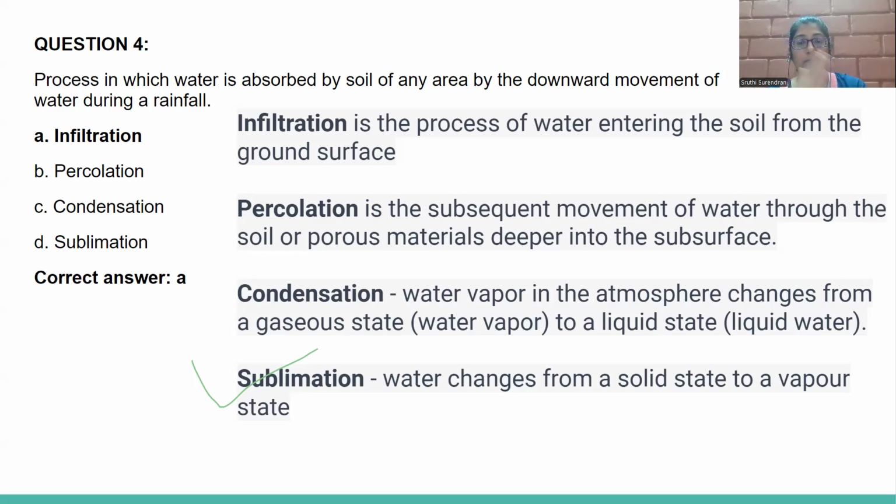Now, in condensation, the water is changing its phase from gaseous state to liquid state. Sublimation is where the water, which is in the solid state, that is in the ice, is directly turning into vapor. It is related to evaporation. Evaporation is when liquid phase is turning into vapor phase. Sublimation is when solid, that is ice, is changing directly into vapor. Then this process is called sublimation. So this is about all of these portions in